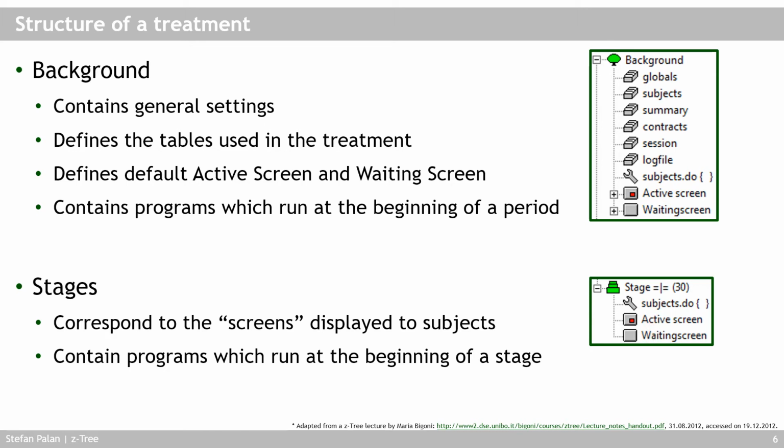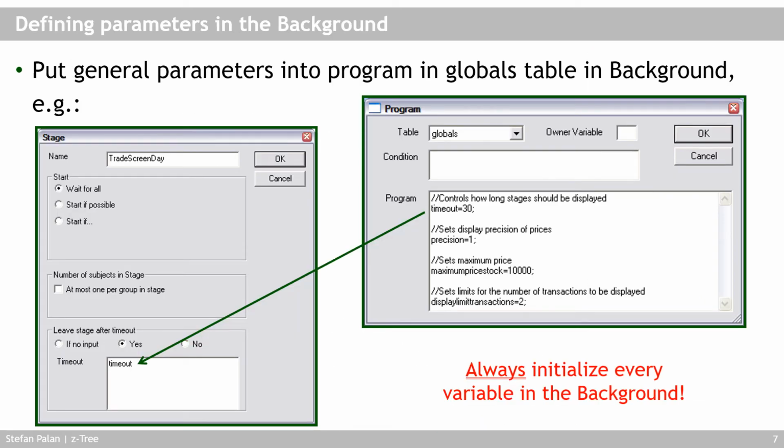So if you remember in our public goods game example, we had the profit calculation in a program at the beginning of the profit display stage, and the profit display stage thus calculated the profits and then immediately showed them on the active screen. Now, my recommendation to you is to define parameters in the background, in a global table